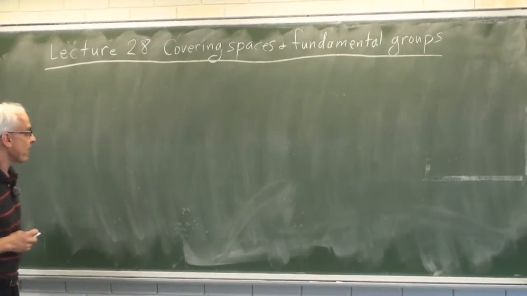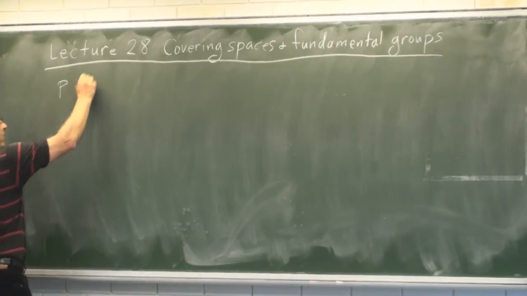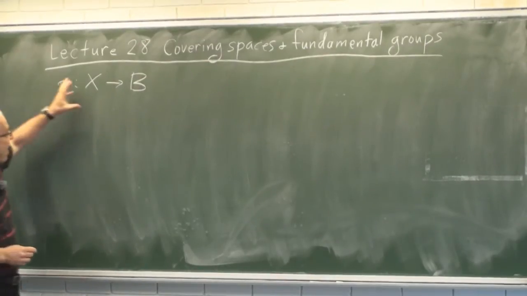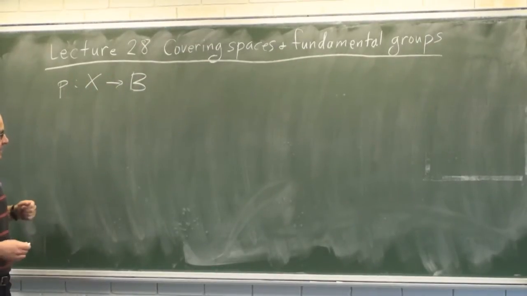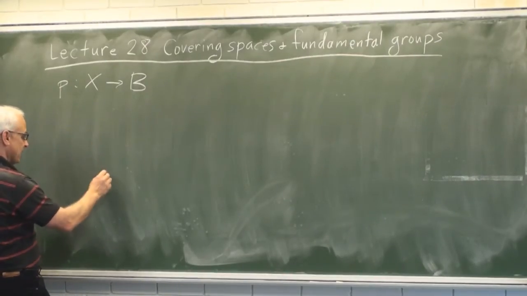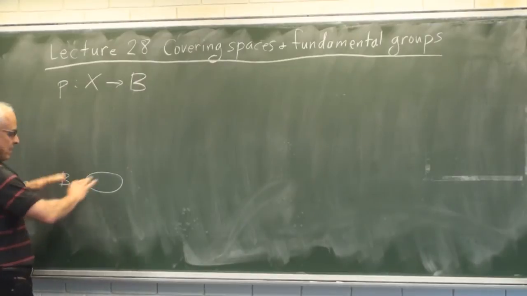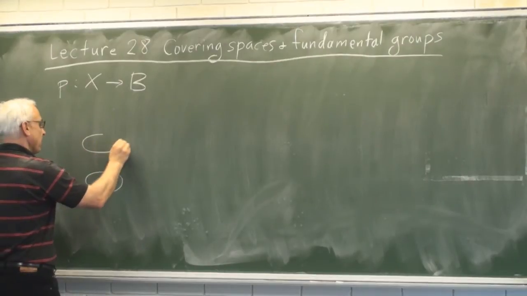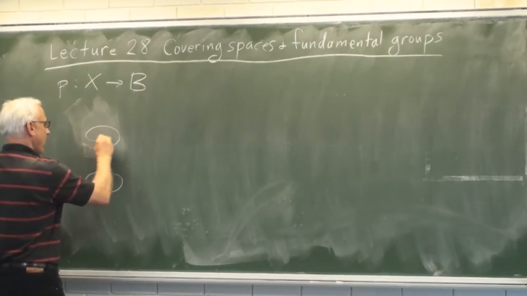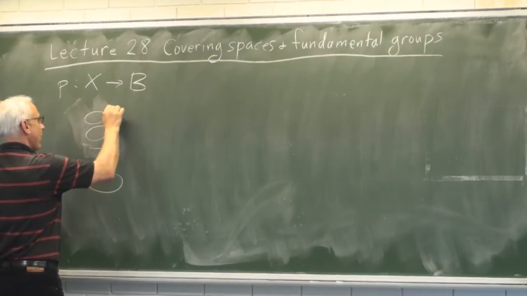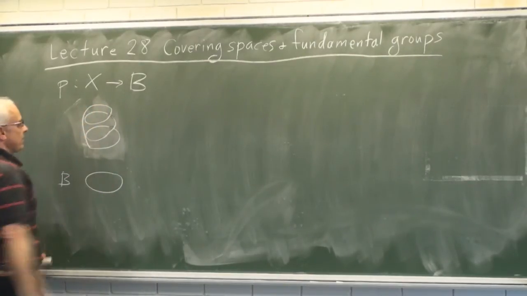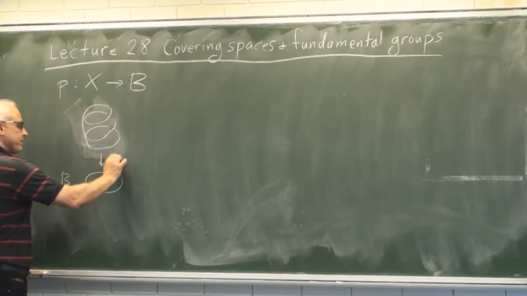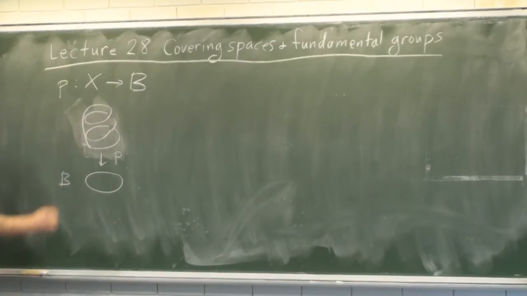So we've been talking about these covering spaces. The basic setup is that we have a map from one space to another that sort of covers the second space, in the sense that we can think of the base space as being downstairs in a plane, and the first space being somehow on top of it in a kind of systematic way. Something like that, for example, a 3-to-1 covering of the circle. Sort of a helical covering of the circle.